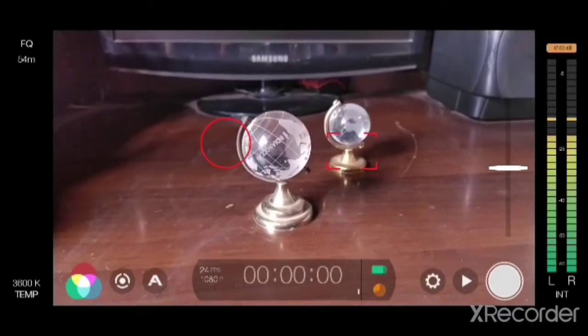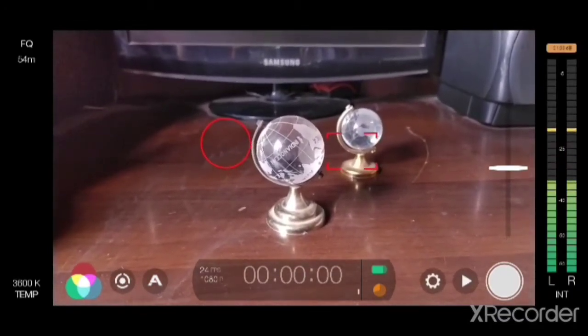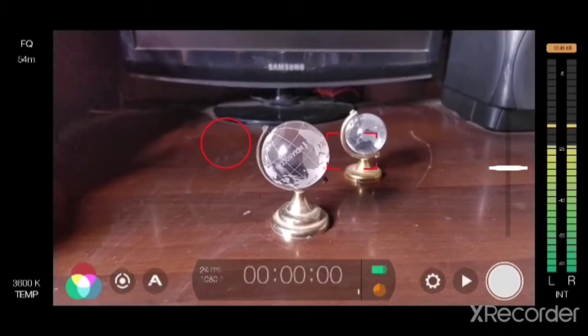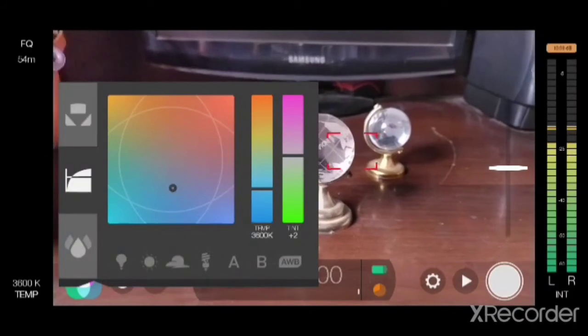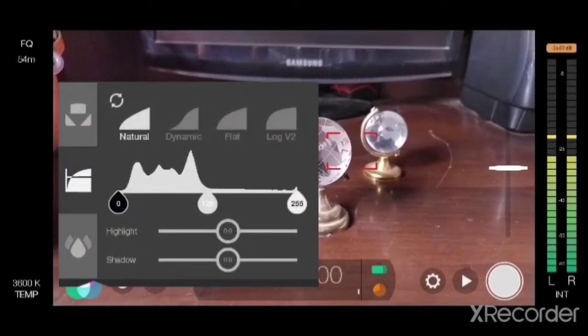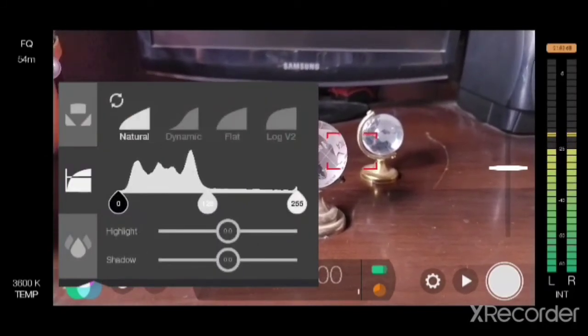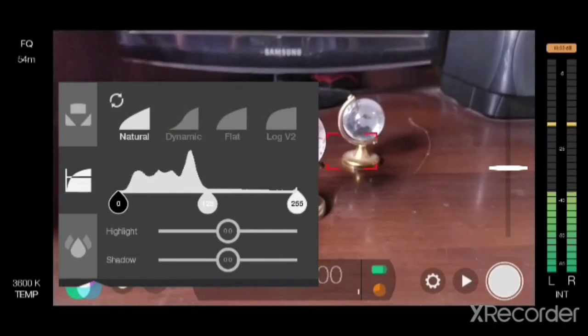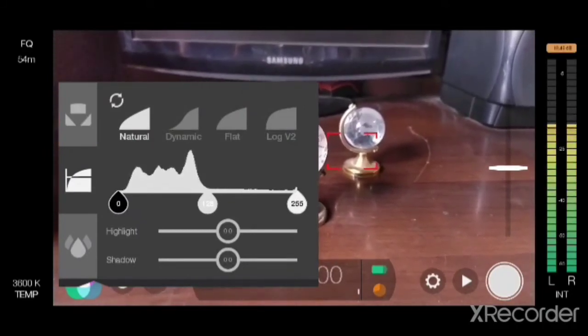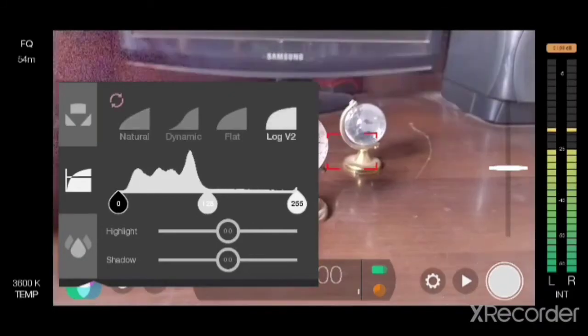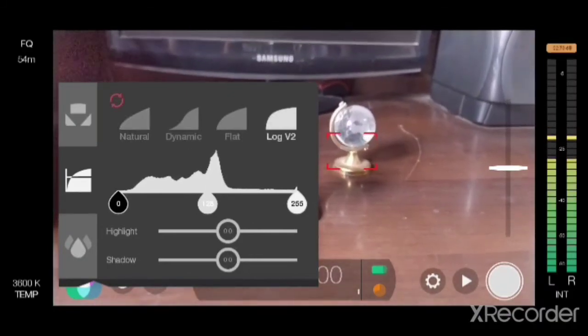Let me tap it again to close the live analytics. Now let me show you an option that I liked. Filmic Pro has the cinematographic kit option: natural, dynamic, and flat. There's this Log V2 option you can see in the last option.